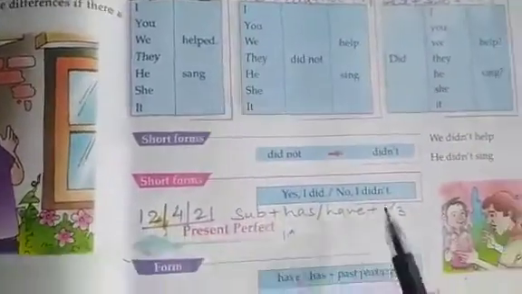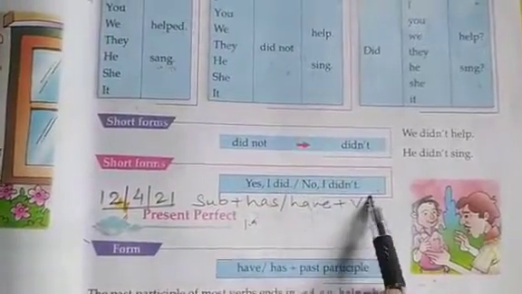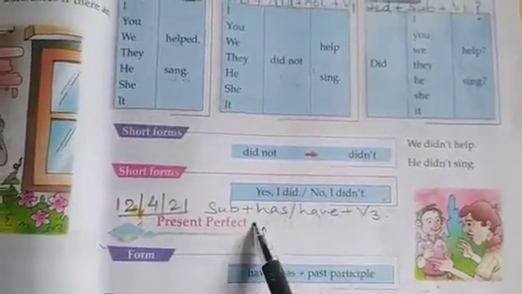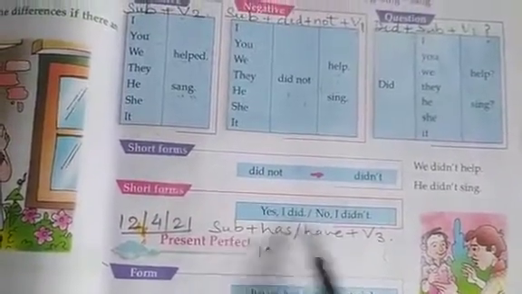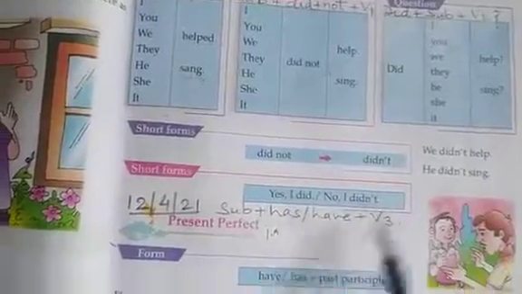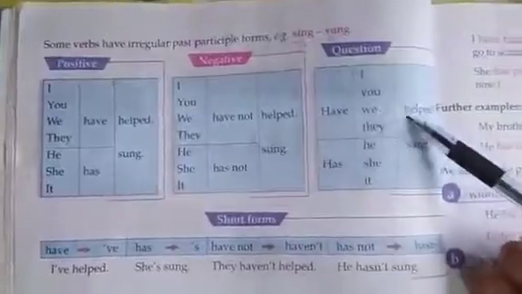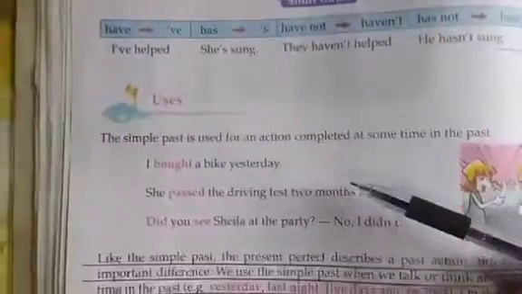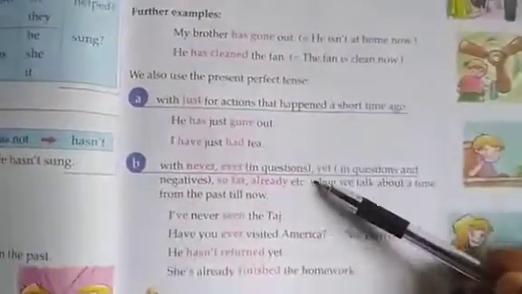So practice this. And the next one, present perfect, the rule is subject plus has or have plus verb third form. So he has, she has, it has, and then have, I have, you have, we have, they have, like this it is used. It is all given in the book. Please go through it very properly. See the positive form, then the negative form, and then the question form. Learn the rules, learn the uses of different tenses, when and where they are used. Go through these.